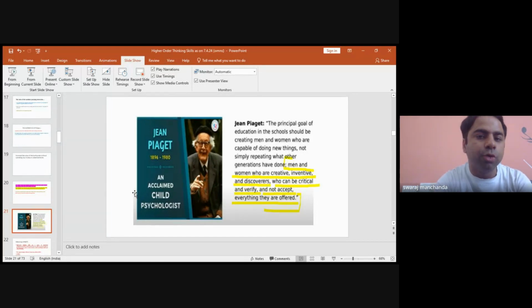Then only we can produce such men and women. Else they will be repeating what the past generations have already done. Education curriculum needs a very strong change. NEP is a good step in that process. NEP is indeed a good initiative. It is expected that it will bring good outcomes. But apart from that, we need to make our classrooms such that they are not solely dependent on NCERT.